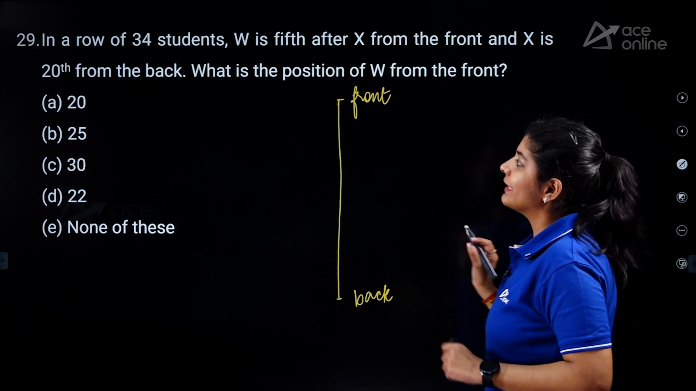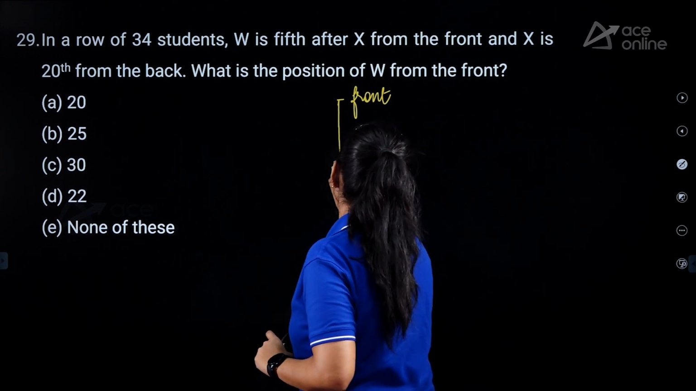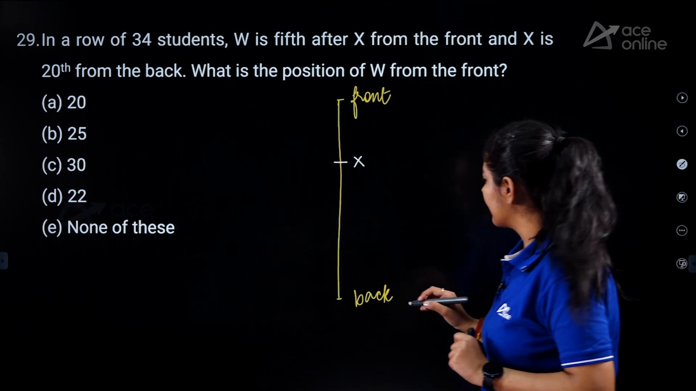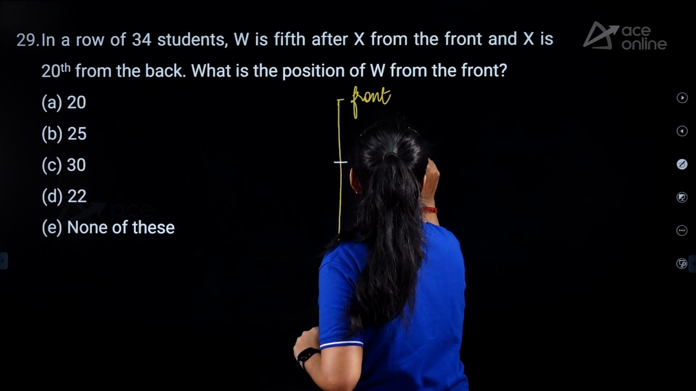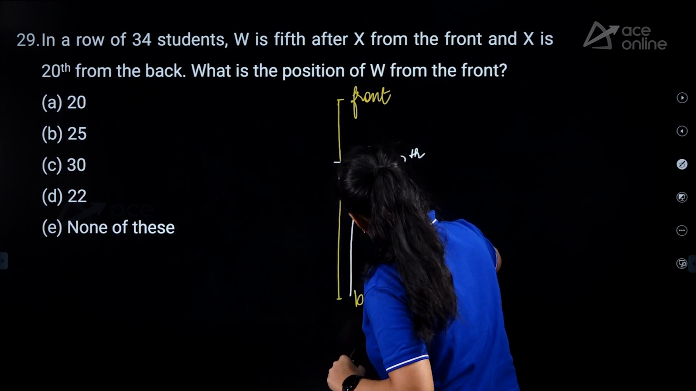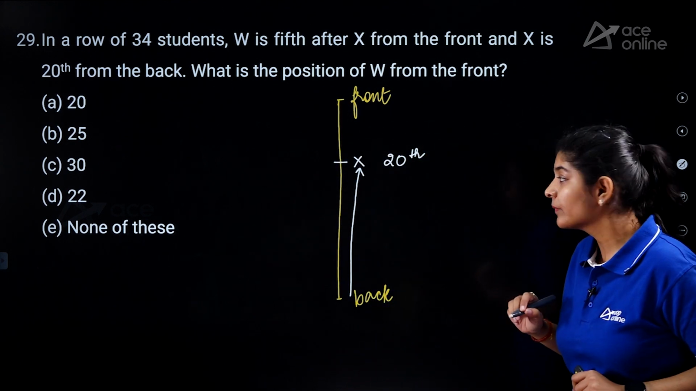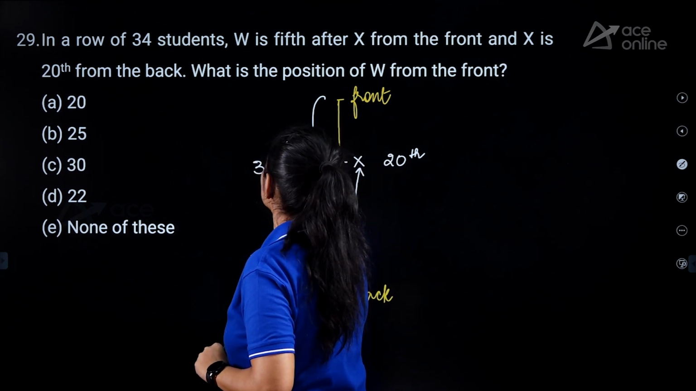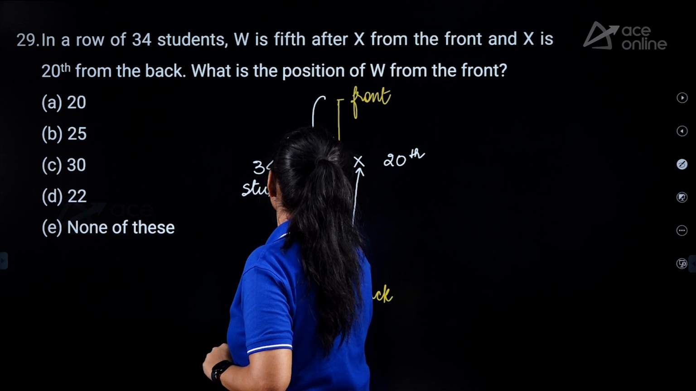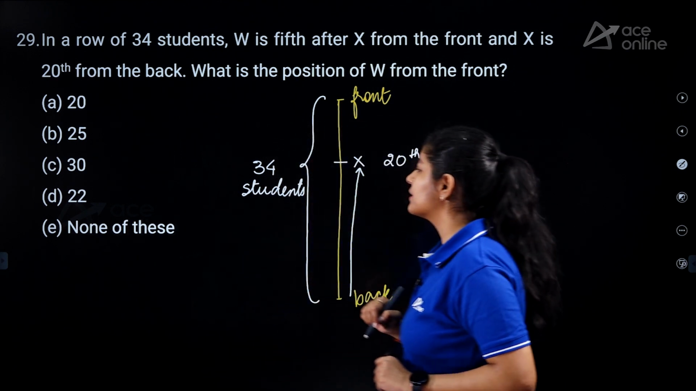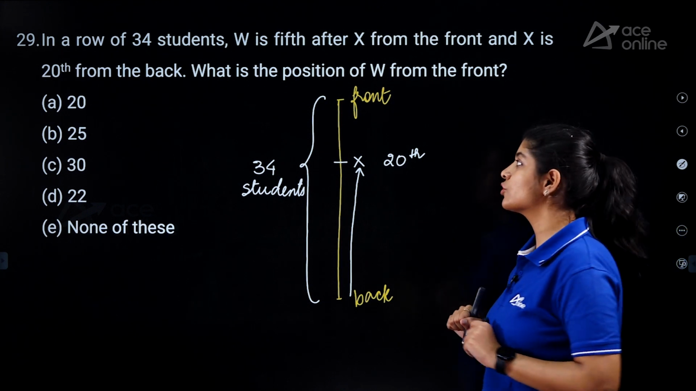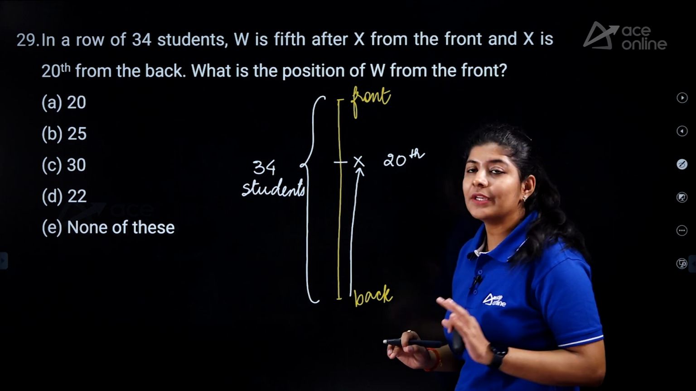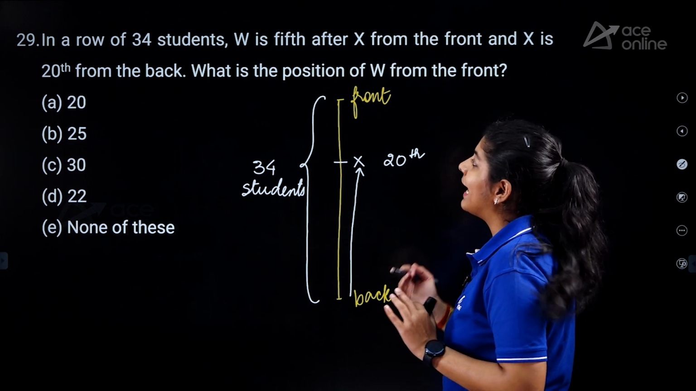Now, we know that there's a boy called W and X, and the position of X is given, and that is 20th from the back, right? Okay. Now it is also given that the overall students that we are having in this row is 34 students. Is it clear? Okay. Now, here what we have to do, we have to find out the rank of W